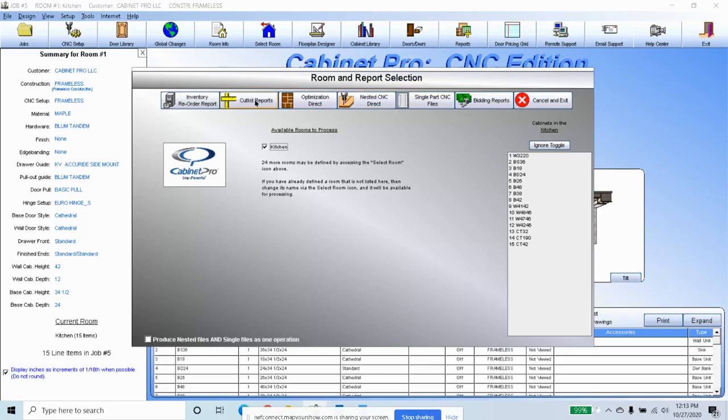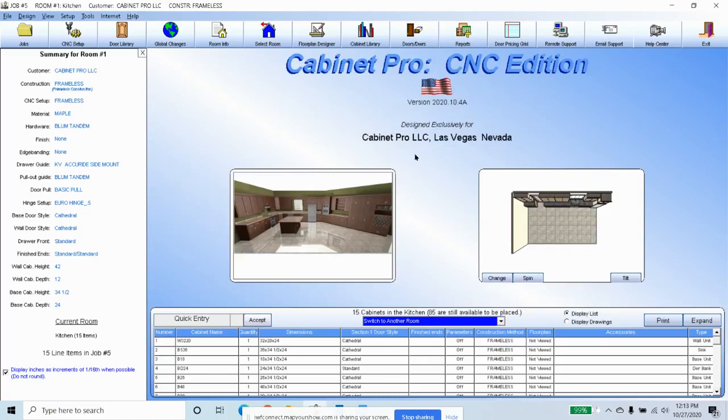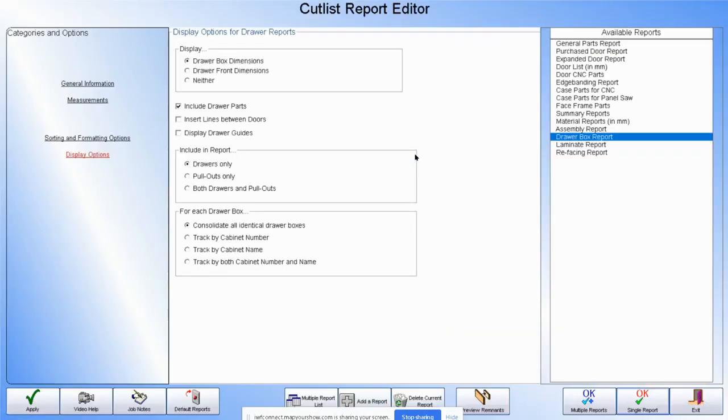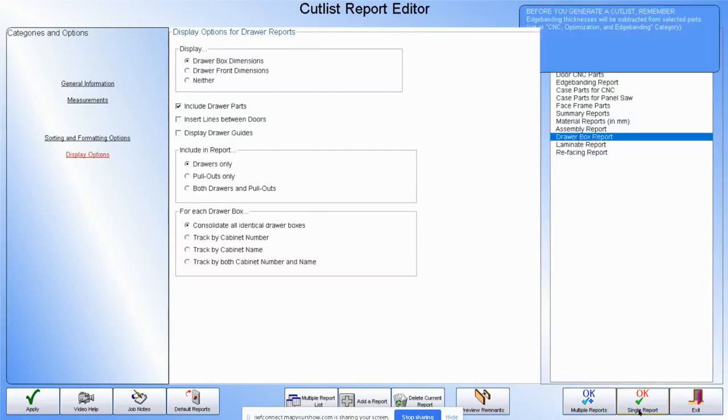And cutlist reports. So let's go to the cutlist reports, which is what this video is about. Now, in the video, we talked about the drawer box report. Well, what does that look like? If you make your drawer boxes